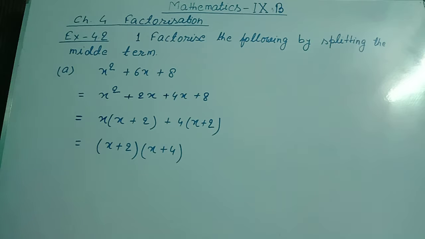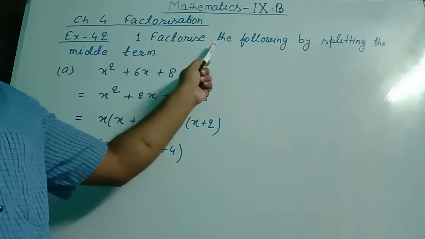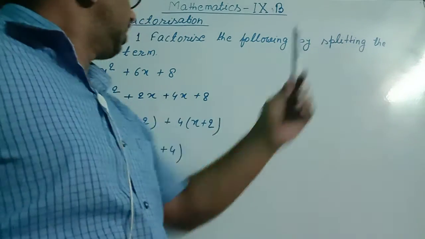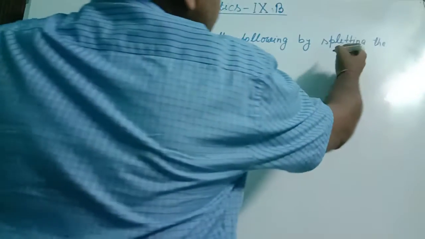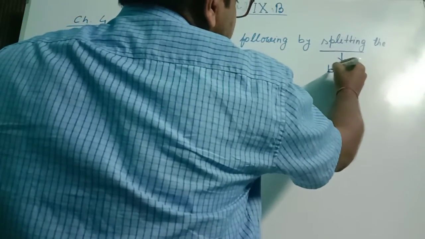We are solving factorization, and today we are going to start exercise 4.2. Question number 1 states: factorize the following by splitting the middle term. You should understand the meaning of splitting. Splitting means breaking